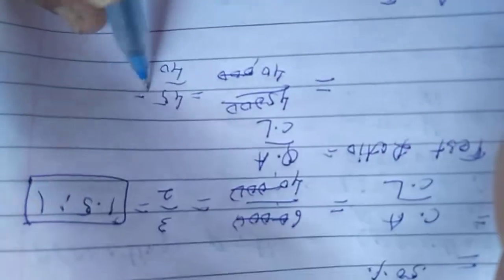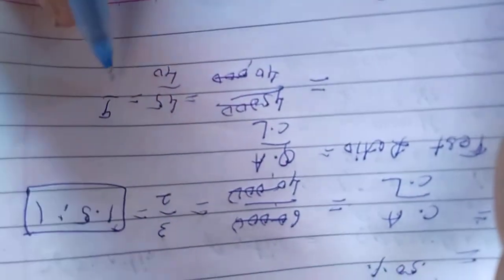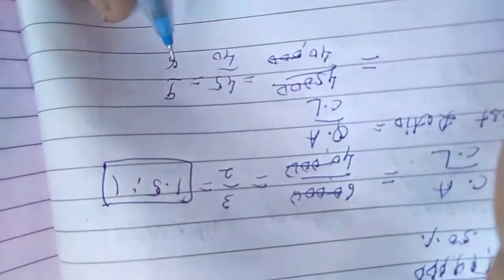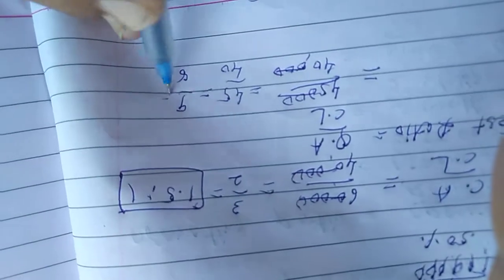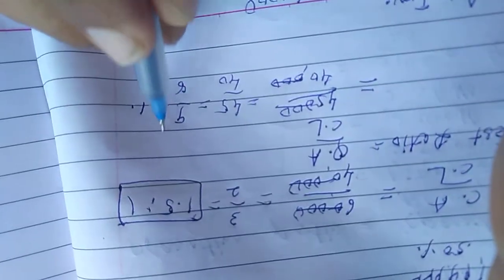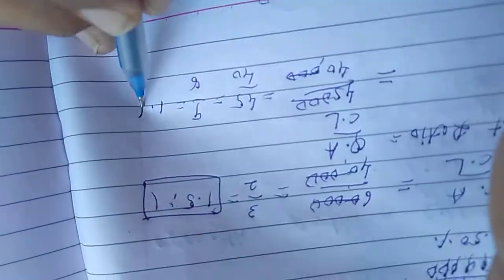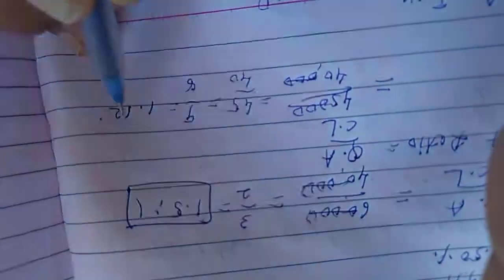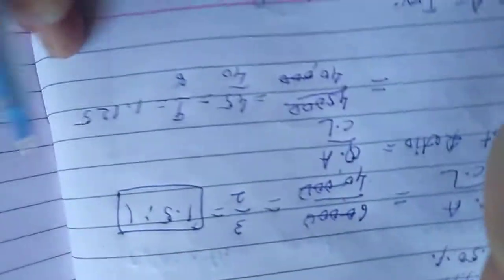Reduce from 45: 5 9s are 45 and 5 8s are 40. 5 cut, so 8 1s are 8, and 0 remains again, 8 1s are 8. So 2 8s are 16 and 4. So 8 5s are 40. So